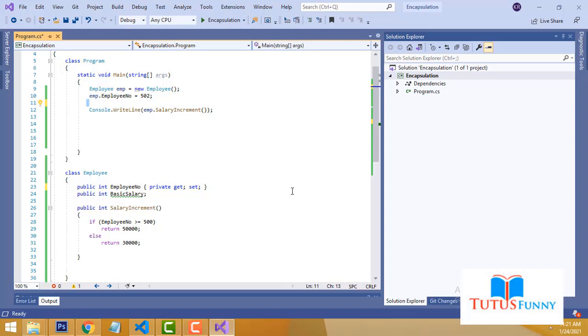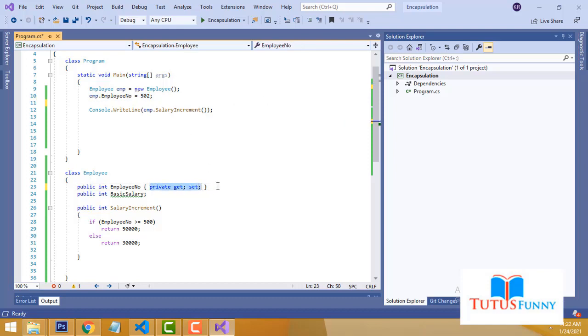A good example is when you go to the ATM machine, you just insert your ATM card into the machine. The machine will ask you to enter the account holder password. If you enter the relevant password, it will not display your password in the actual ATM machine. The same thing is encapsulated, right? The same thing here, we have to encapsulate like this. Imagine this is the employee number; it won't be shown here. Here we only receive the password, it won't be shown. That's why we have to put it like this.